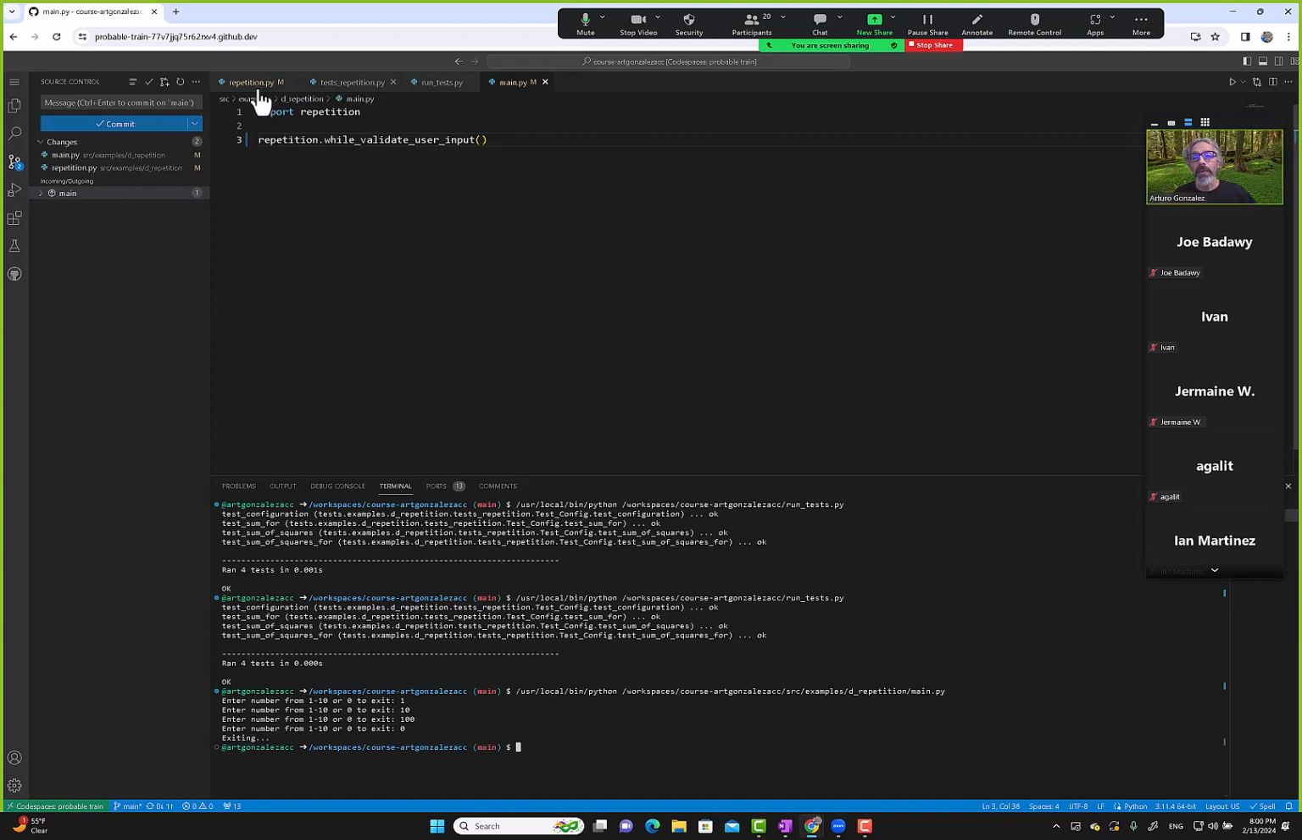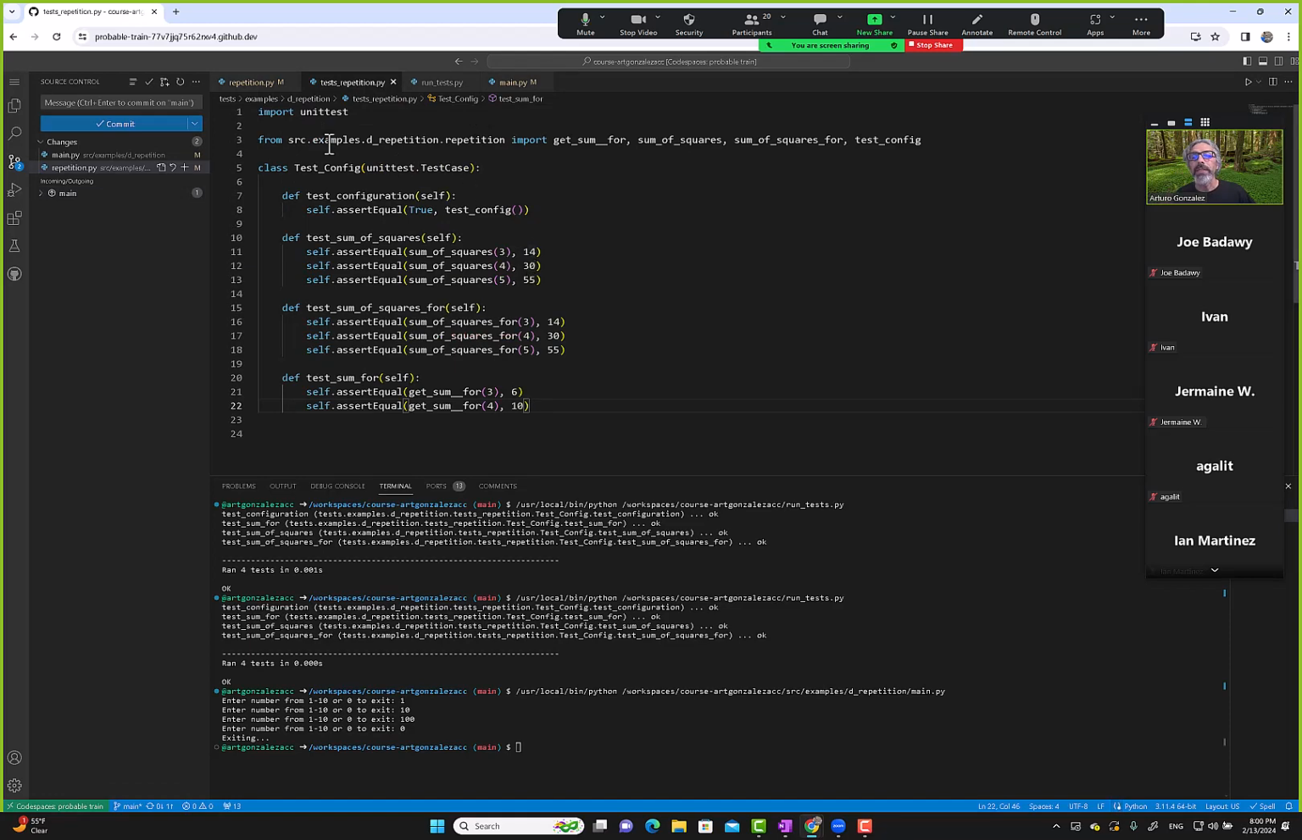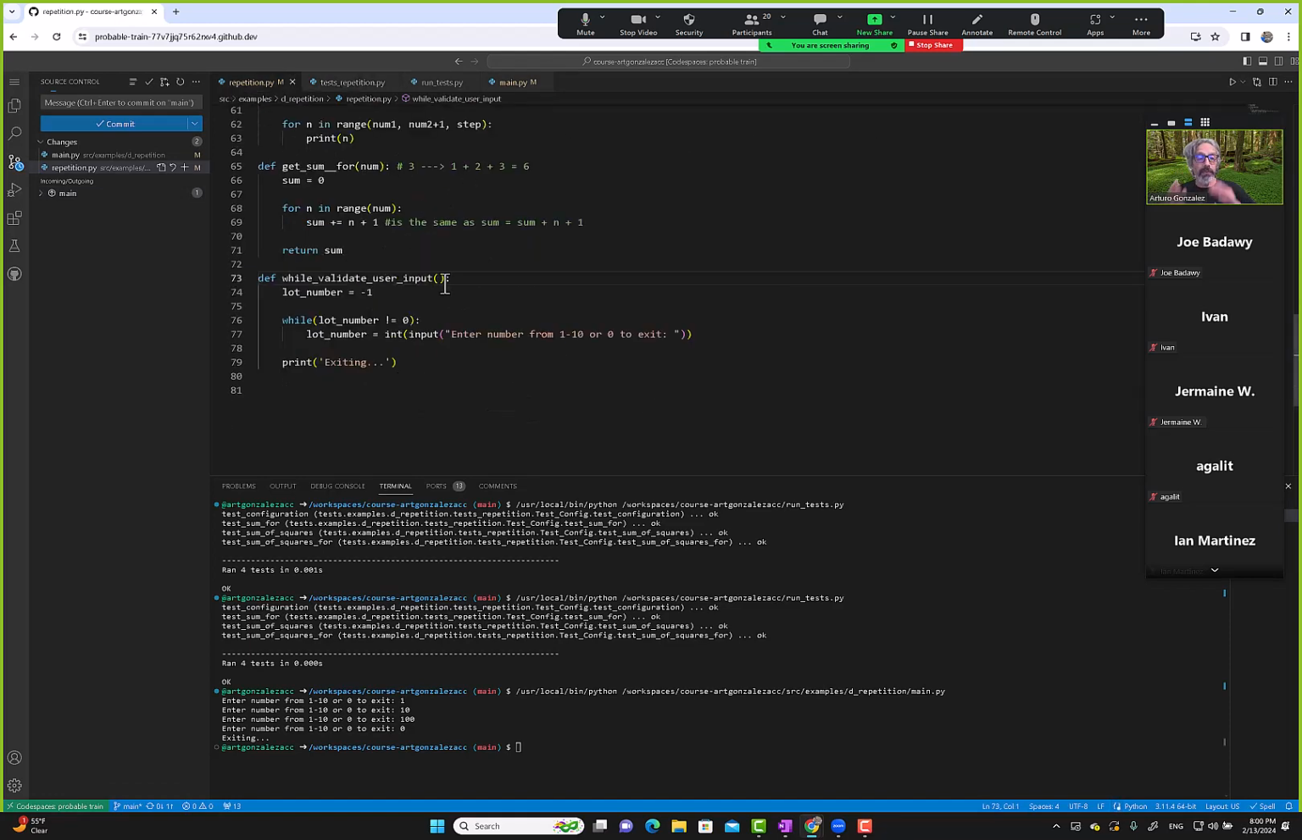But now what we want to do is make sure that when they give us a value, the value is in the range 1 to 10, including 1 and 10. So we're like, okay, how do we handle that, right? So we have, well, lot number not equal 0. Okay, so while lot number not equal 0,